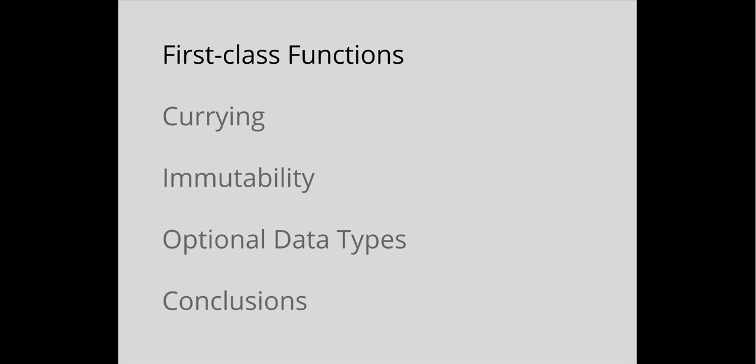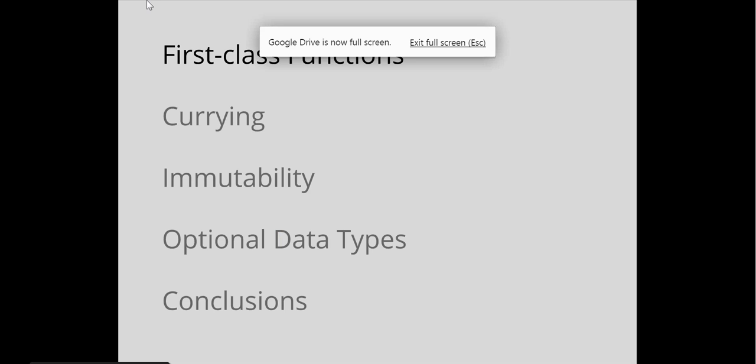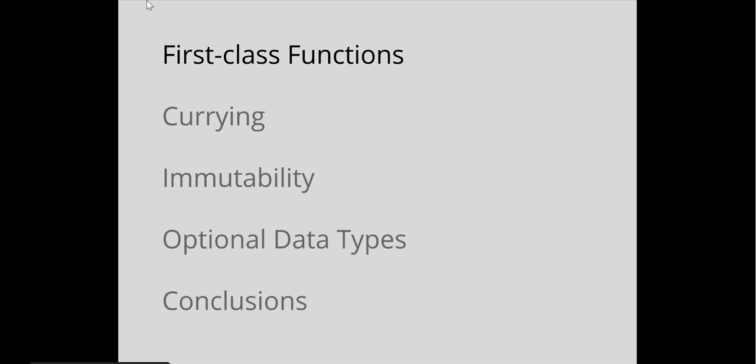And in order to do that, we're going to be coming through about 4 different topics. Okay? So we're going to be talking about first-class functions. Again, this kind of fancy, buzzwordy academic name, but there's some interesting ideas there, some use that we can have there. And then we'll talk about currying, which has nothing to do with food. Then we'll have a couple of food pictures as we go through. And then immutability and optional data types are the other things we'll be talking about.